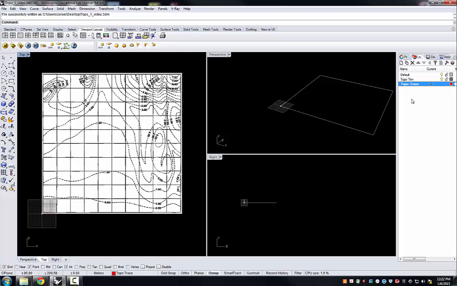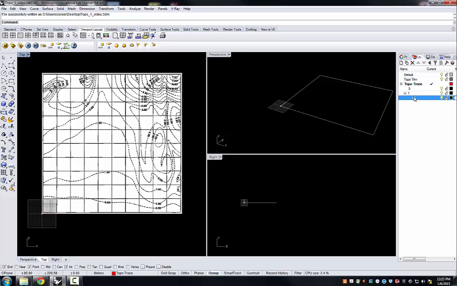So I'm going to click now on the New Sublayer. You see it up here in the upper right next to the New Layer tab. So from Topo Trace, I'm creating a sublayer, and I'm simply going to call this one 0.5. And I'm going to go back up to Topo Trace, and I'm going to create a new sublayer, and I'm going to call that 1. And you can do this all the way up. I'm going to make one called 1.5,